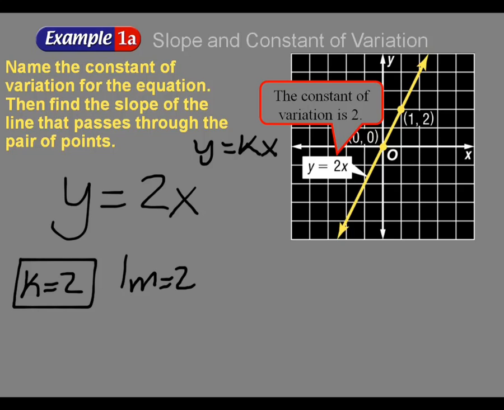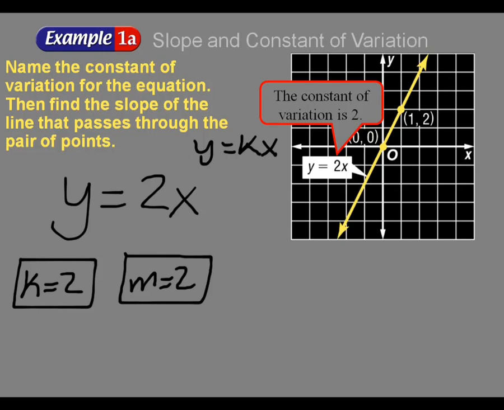So the slope in this problem is also 2. Slope is the number, the coefficient of x, the number in front of x. This constant variation and the slope are always the same thing. Now remember, if it starts in the origin, and the slope is 2, remember the top number tells me